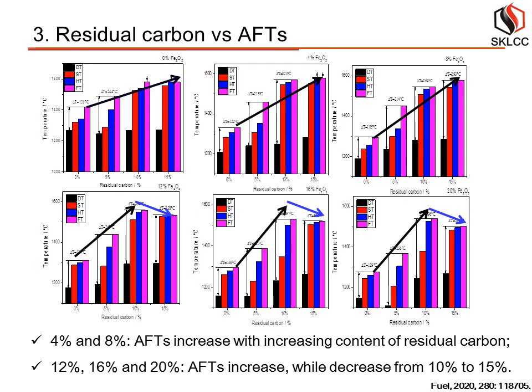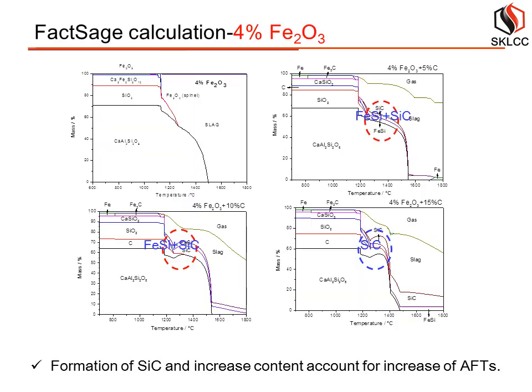However, when the I content is more than 12%, the EFT first increases as the radiocarbon content increases, while the flow temperature decreases when the radiocarbon content increased from 10% to 15%. It shows another trend. The fusibility of CoS is largely dependent on the mineral composition of CoS at high temperature, and